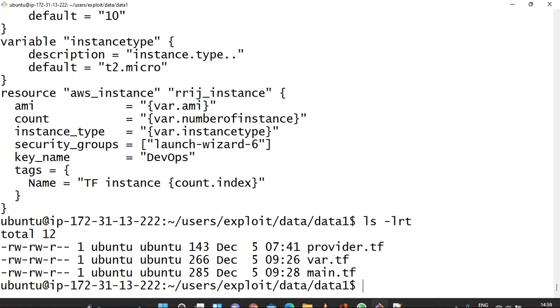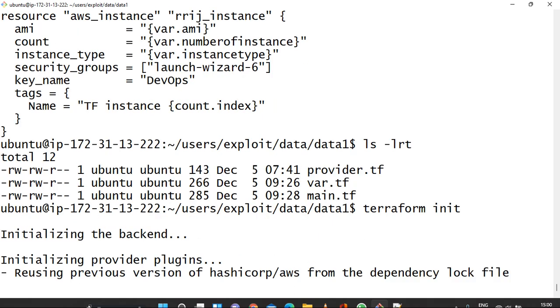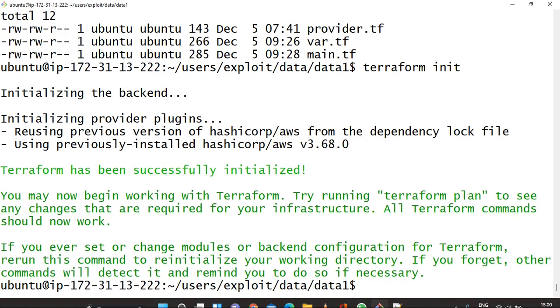The command will be terraform init. Okay, it's initialized. Then we will have to run the command terraform fmt.